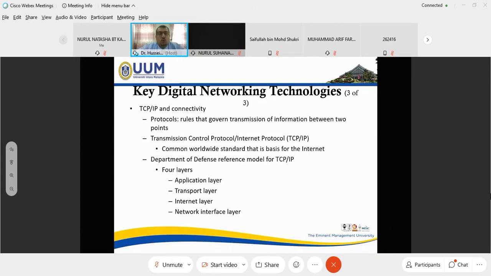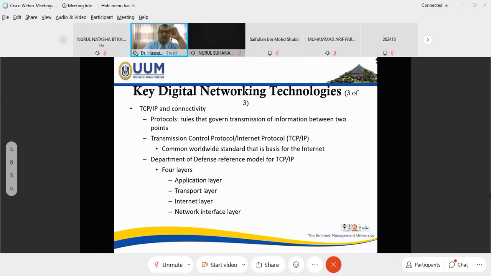What is a protocol? How can we define it? The protocol is the rules that govern transmission of information. When we transfer money, we can do that transaction through the protocol because we already signed a protocol. We transfer from here, it is deducted from my account and goes to the account of that company.